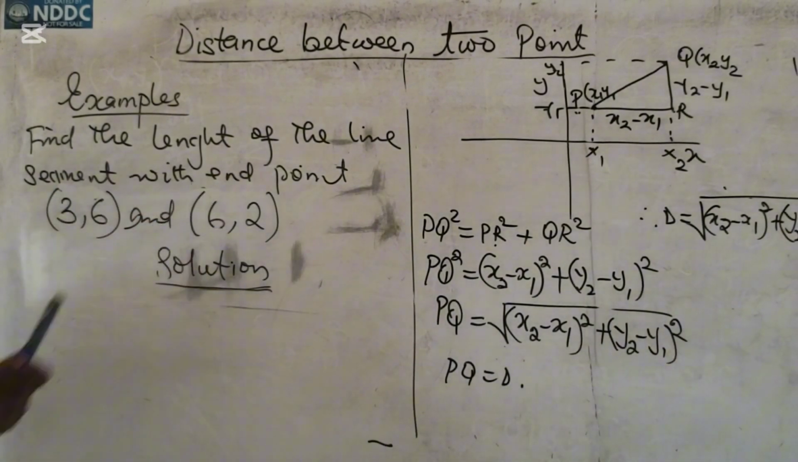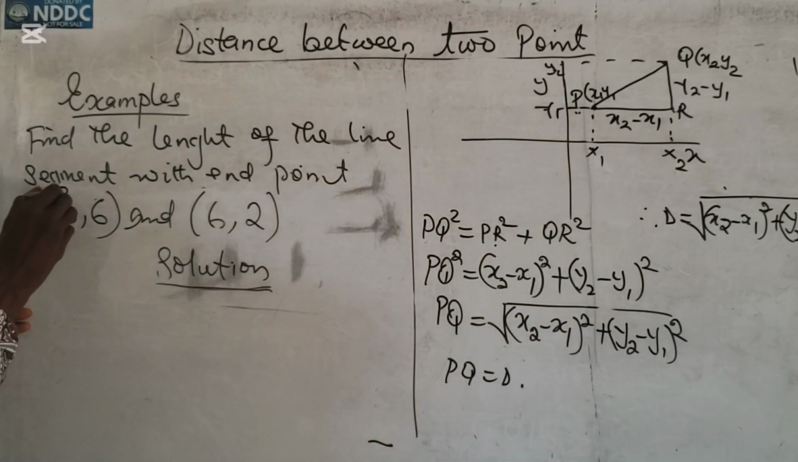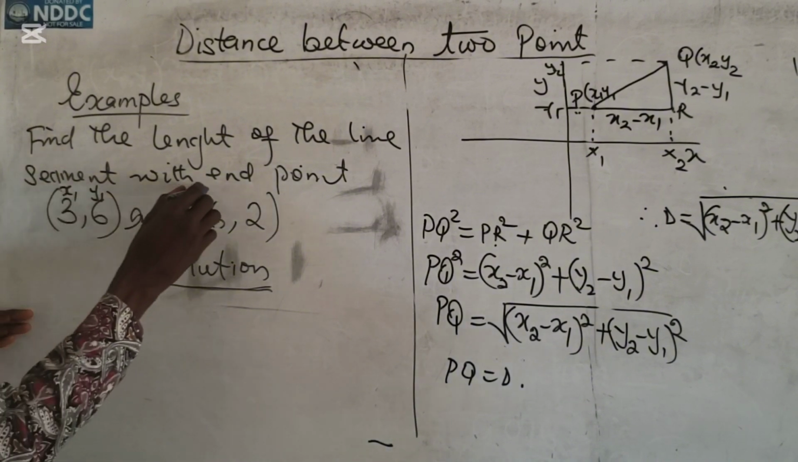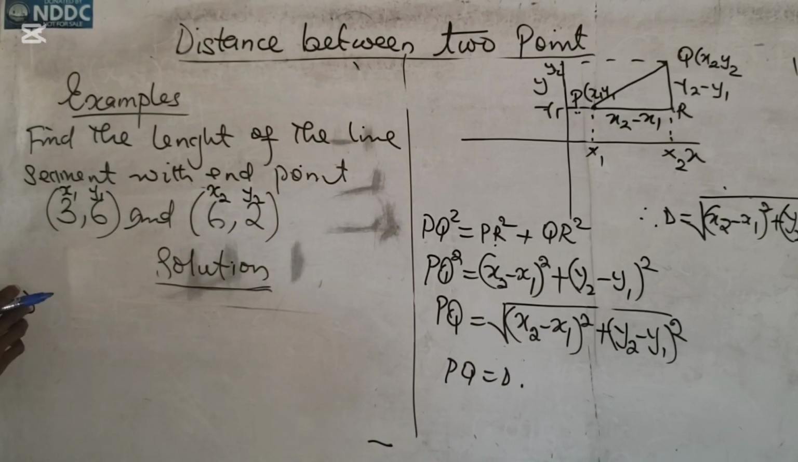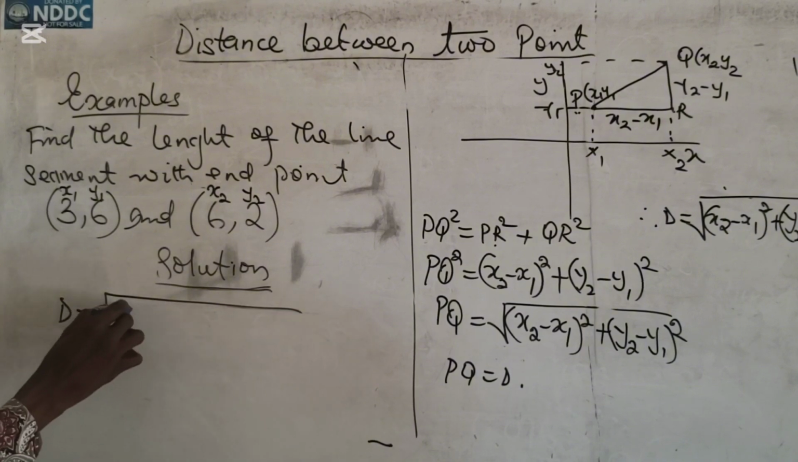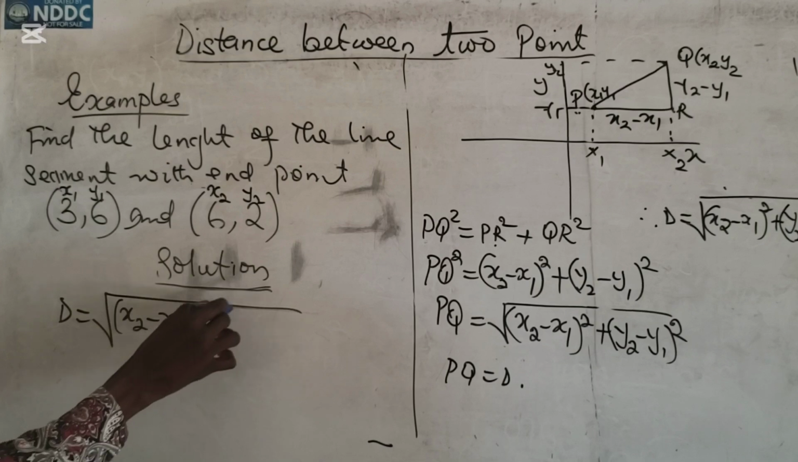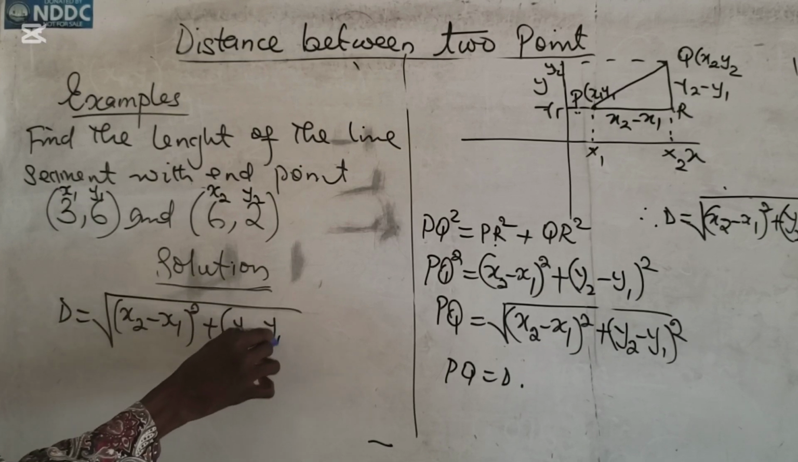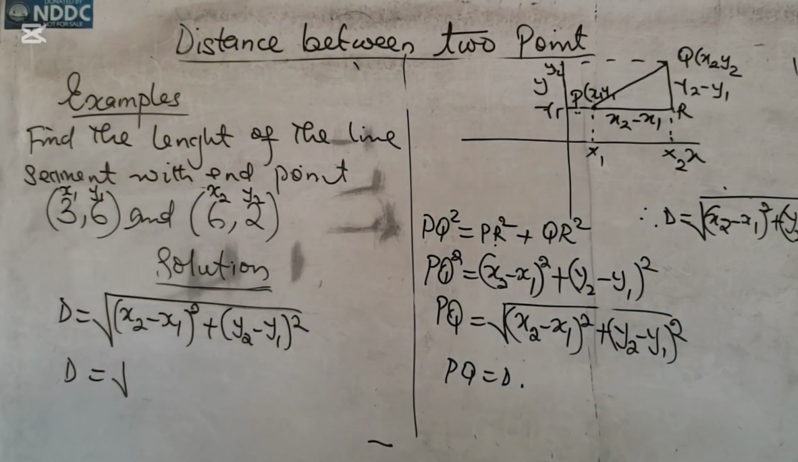We say find the length of the line segment with endpoints (3, 6) and (6, 2). So here is x1, y1. Here is x2, y2. So by the formula, D is the square root of (x2 minus x1) all squared plus (y2 minus y1) all squared. Let me take it up. D now